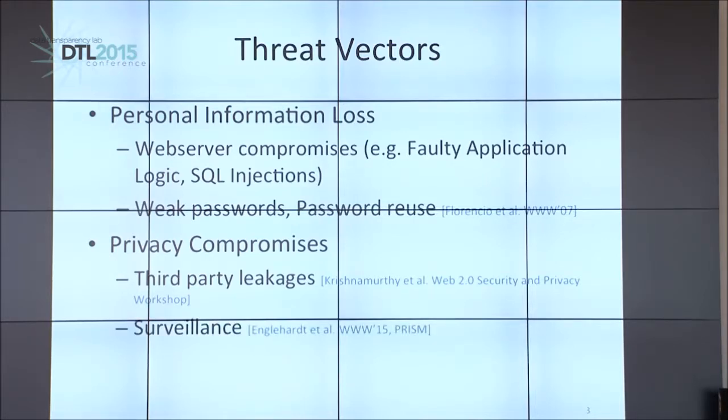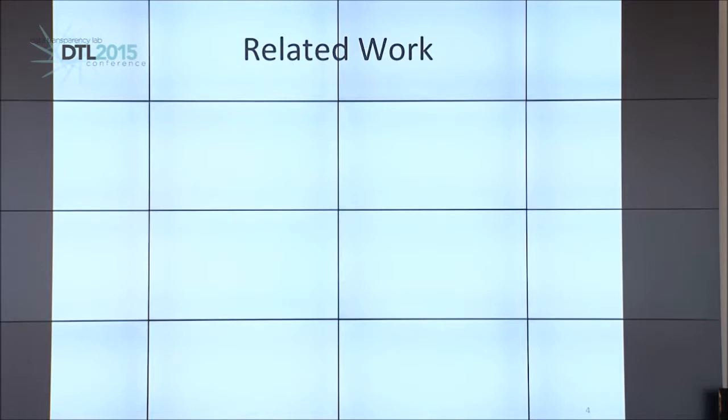Thirdly, government agencies can use similar surveillance techniques as third parties, and they can also forcefully get the data from web services. So to prevent and protect against all these things and make the user aware, there has been a lot of related work. First of all, while creating the account, they force the user to choose specific policies such as a capital letter. But due to password overload, users